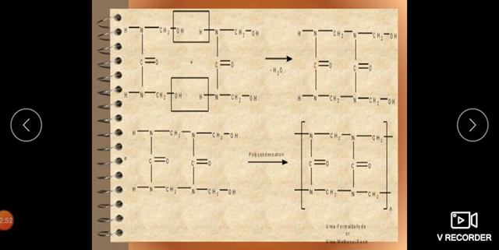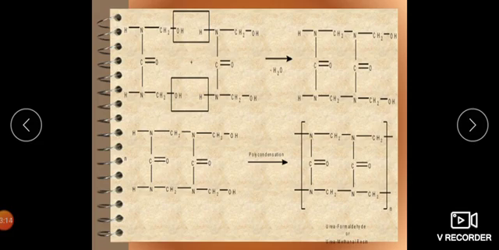Then we get a product having a chain of nitrogen, carbon, nitrogen, carbon,